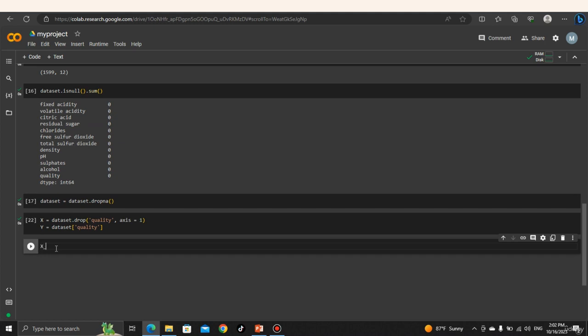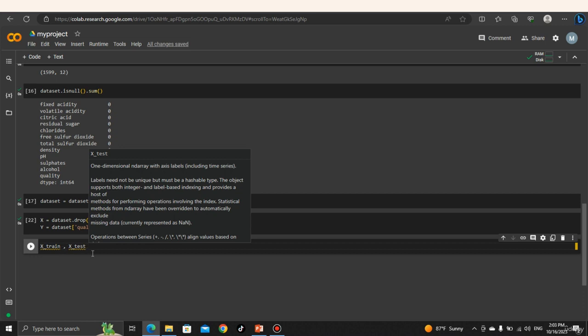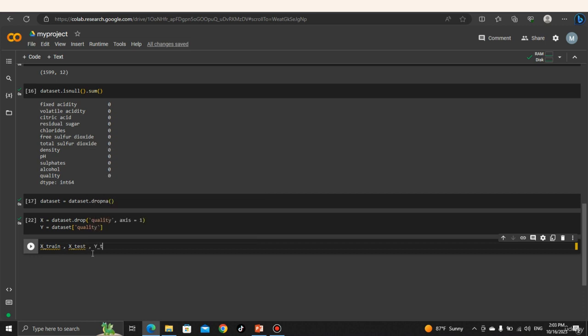So x train and x test. See, so the x has train and test, 2 variables, and y train, y test. Okay, equals,